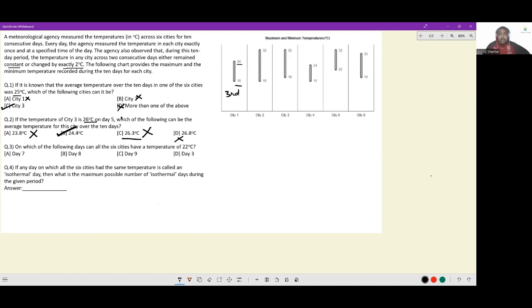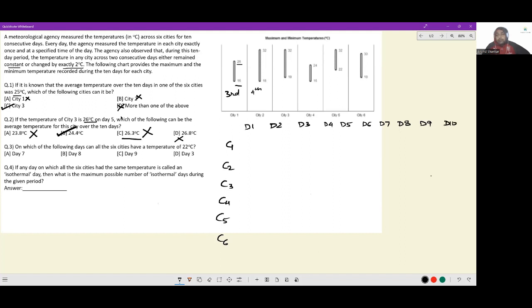I can reach the third day here, I can reach the fourth day here. Okay, I'll put it this way. City 1, city 2, city 3, city 4, city 5, city 6. And day 1, day 2, day 3, day 4, day 5, day 6, day 7, day 8, day 9,